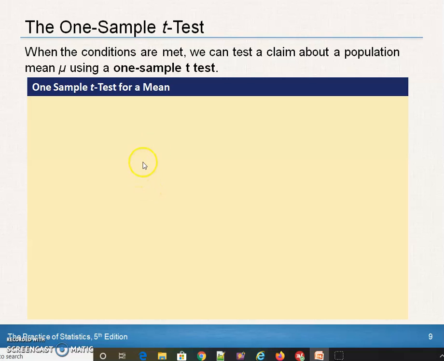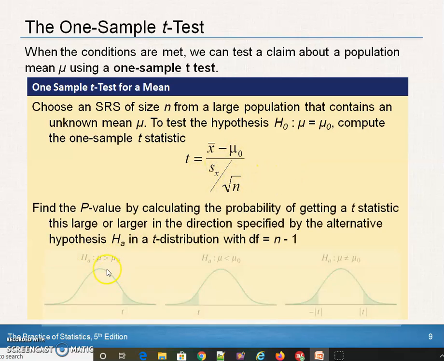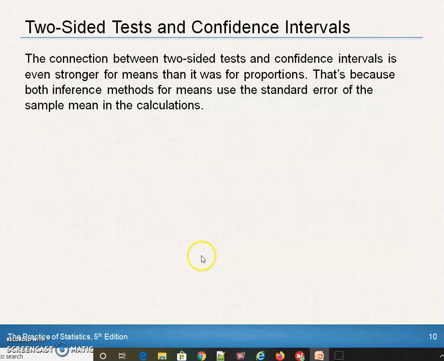So when conditions are met, one sample t-test, the t-statistic is x bar minus mu sub 0 over s sub x divided by the square root of n. This is for the one-tailed, right-tailed, left-tailed, and two-tailed tests. We need an example. Let's see. Well, first of all, the two-tailed test